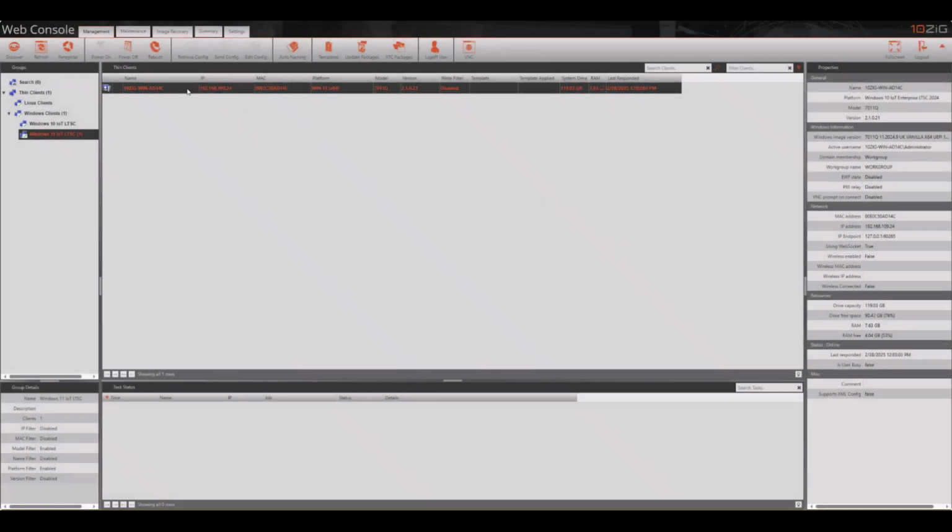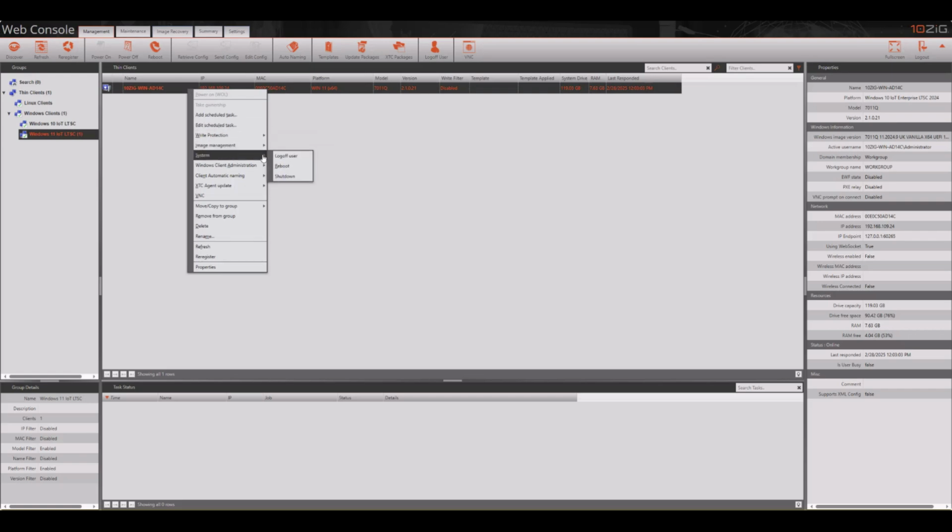You can also manage and execute Tenzing Package Manager updates from here to deploy your own changes to your Thin Clients or groups of Thin Clients. We'll talk about these in just a moment. XTC Agent Update allows you to manage and deploy your secure agents either to the latest and greatest or to